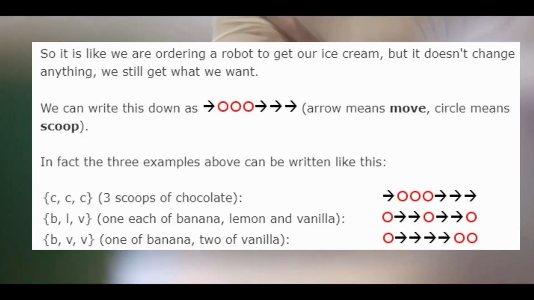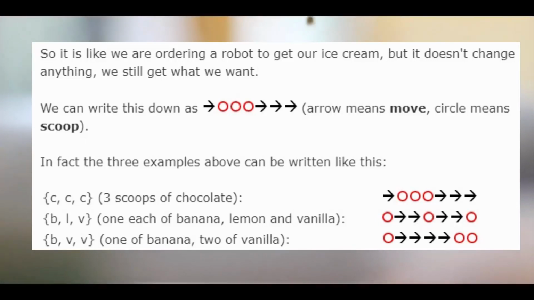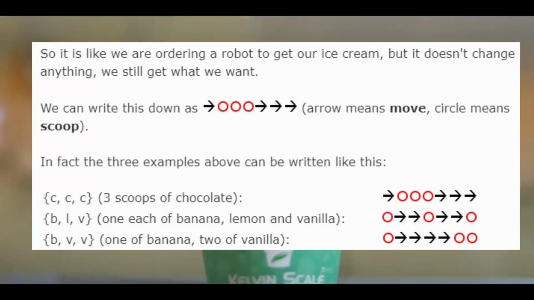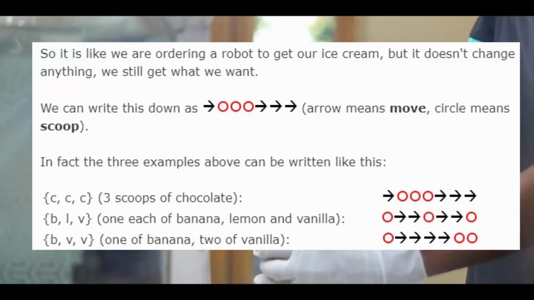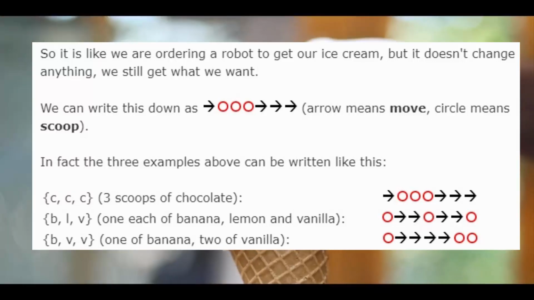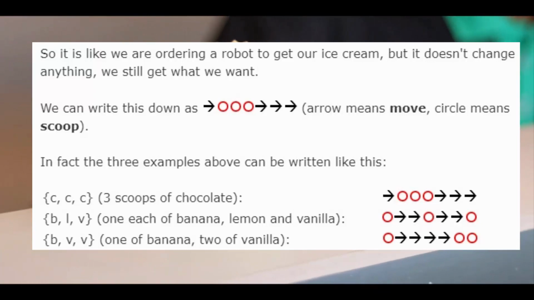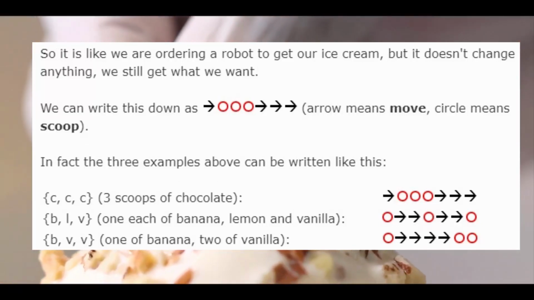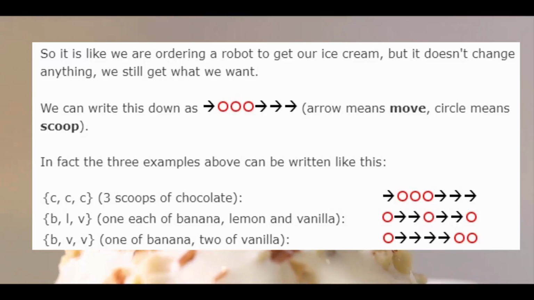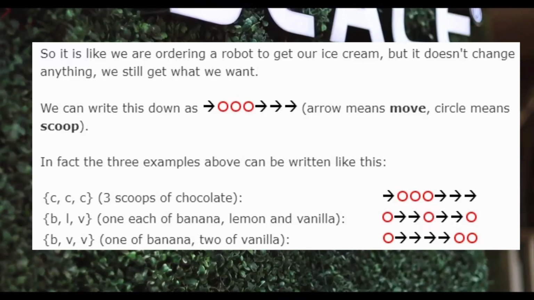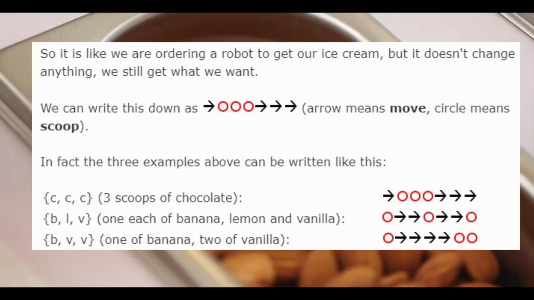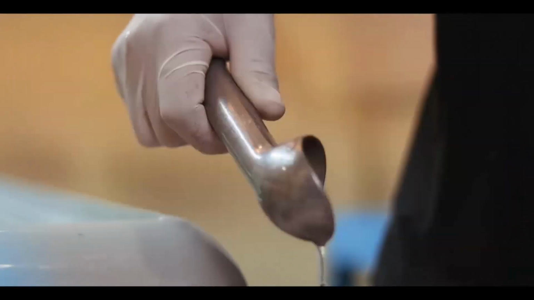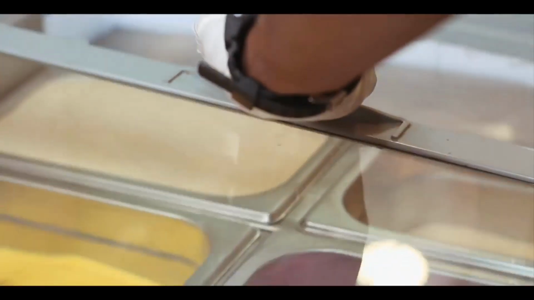how we can pick 3 different choices out of 3 different decisions out of 5 different choices. Remember, we have 5 different kinds of ice cream and 3 different ways that we can choose from them. So notice that there's always 3 circles here, right? Because that's what we're doing. We're choosing 3. And 4 arrows, because we need to move 4 times to get from the first to the 5th container. Again, think about these containers being right in front of us, and we're just kind of scooping as